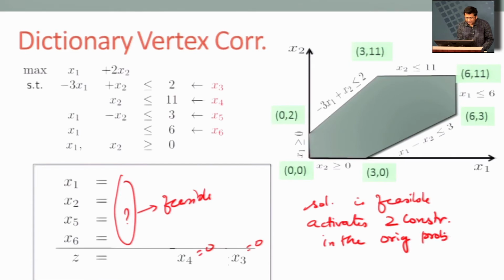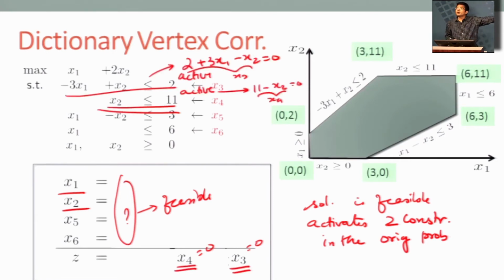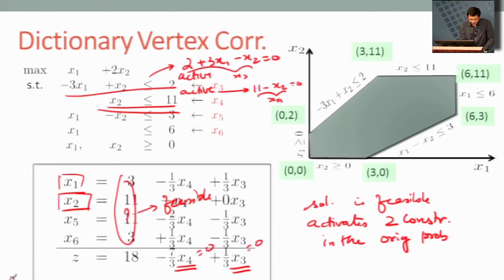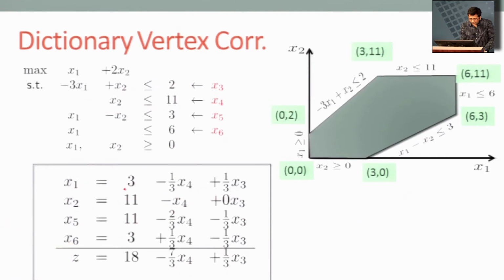Which means that if I just restrict myself to x1 and x2, don't worry about the slack variables because they increase the dimensionality to 6 dimensions, and we want to study the 2-dimensional problem. So bringing things back to the original problem before we added the slack variables, we now conclude that the solution associated with this dictionary, focusing on x1 and x2, okay, let me bring things back. The solution that's associated with this dictionary, 3, 11,